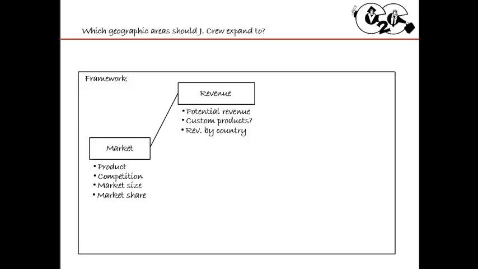Okay, so now we have a better sense of profitability. Well, only half of it because we're looking at revenue. So we need to look at the other half, which is essentially costs. Now with costs, I want to look at fixed costs. If we go to these areas, what we have to do is build up infrastructure or buildings to sell our J.Crew clothes in.